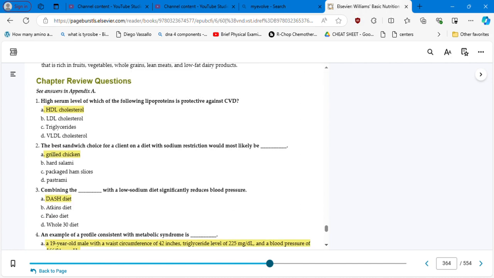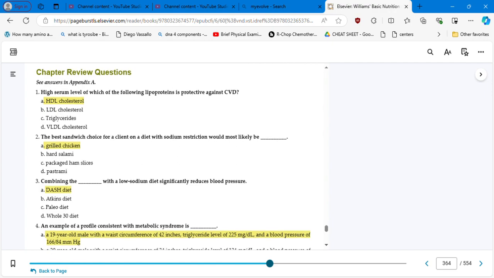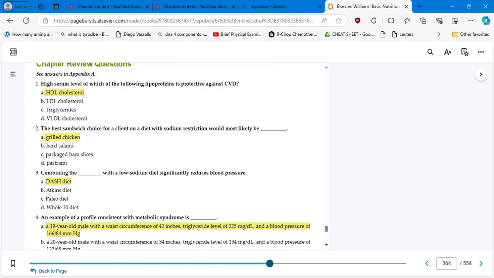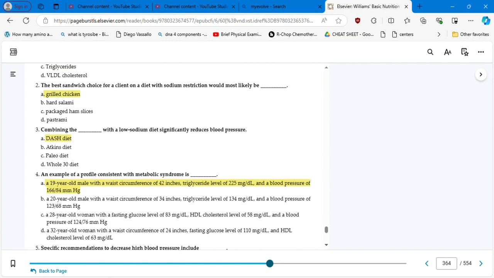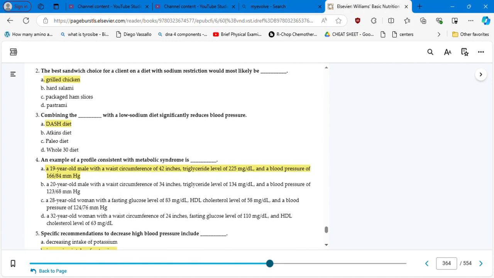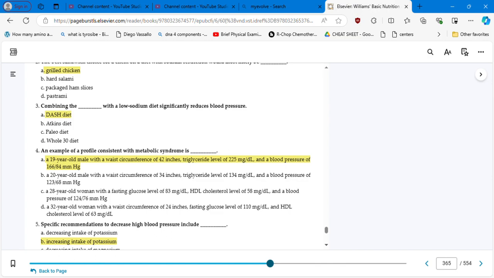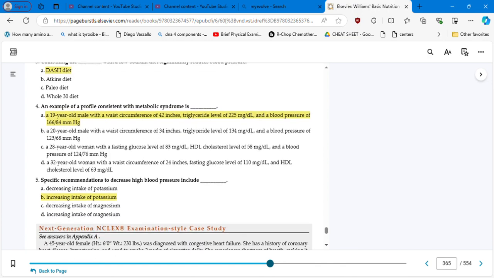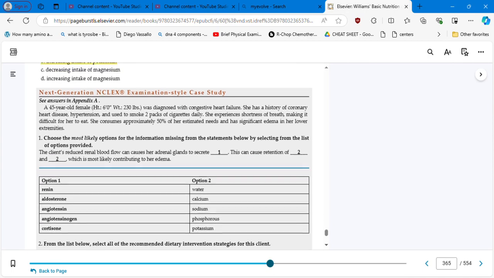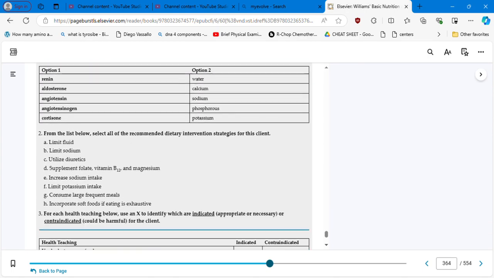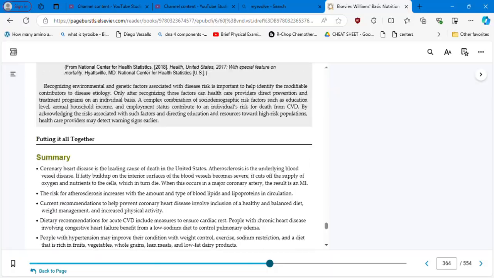Chapter review questions. A high serum level of which of the following lipoproteins is protective against CVD? It is HDL. The best sandwich choice for a client on a diet with sodium restriction would be grilled chicken instead of hard salami or packaged ham slices. The combination of the DASH diet with a low sodium diet significantly reduces blood pressure. And then you keep going practicing your questions. You have your NCLEX generation examination style questions, right? And that's it. So we're done with chapter